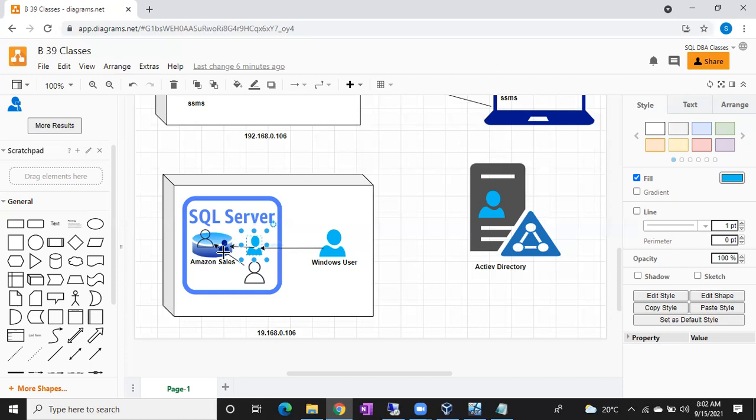Okay, why 32,000 plus? Because last time you told us objects will be created, databases will be created, max limit 32,767.